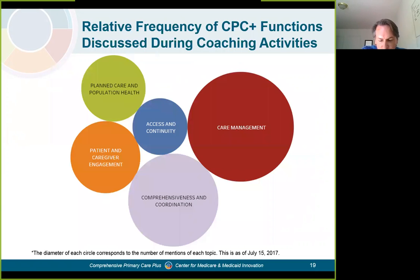As part of our effort to monitor coaching activities, we require all of the practice facilitators in each of the regions to complete a coaching support log that records their activities with the practices. And we take the data from these logs and summarize them on a regular basis and report those back to our partners at CMS. And just to give you a slight summary, from May 15th to August 31st, the Regional Learning Network had over 3,600 coaching interactions with practices across the CPC Plus